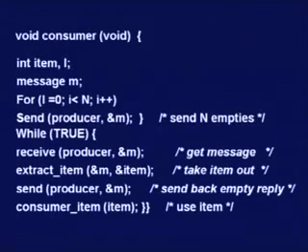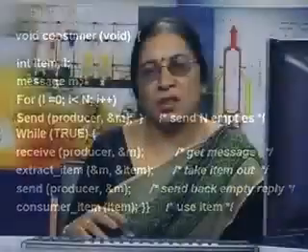Now notice here that there is no question of any mutual exclusion because there is no shared memory. So the problem of mutual exclusion does not arise in this particular solution. We only need to synchronize the producer and the consumer, and that we have done by using the two primitives